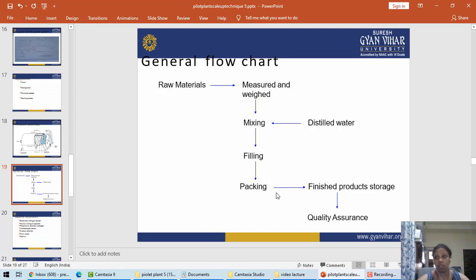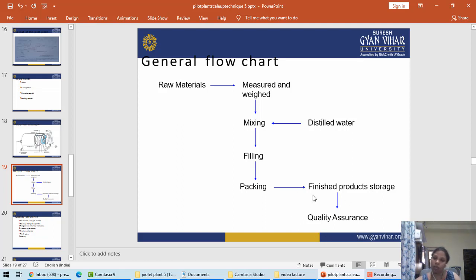So here the sealing of bottles and labeling has been done, and after that the final cartons and the outer wrappers are filled. If any leaflet is to be added, we can add the leaflets and all into it. Then finished product storage, it will go for the quarantine until the product is released.